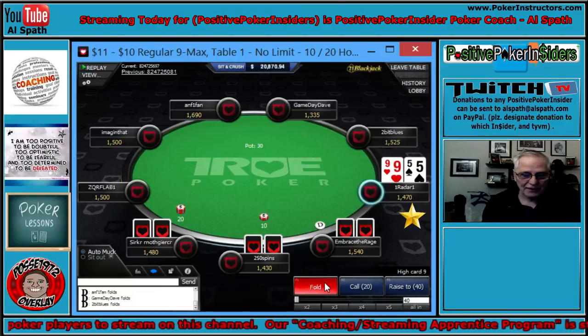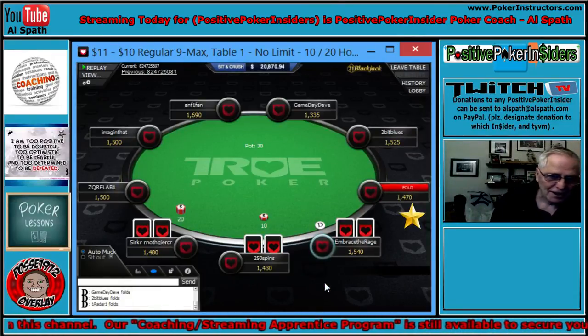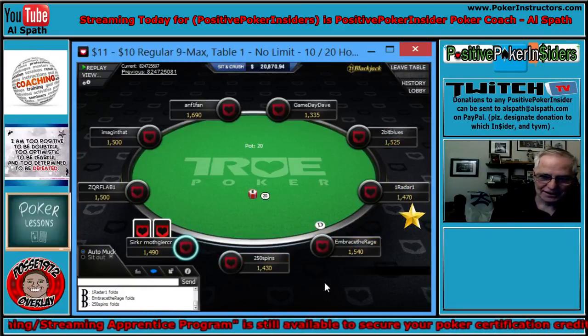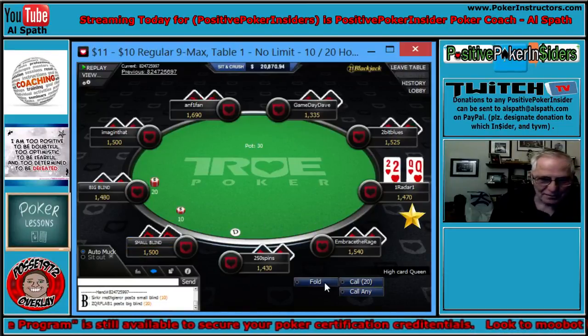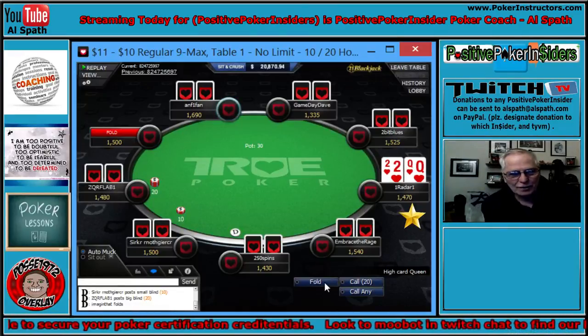They have a 9-5 in the cutoff, which is easily fold, even though I'm first in. I could have tried to steal, but you don't want to try to steal early in a tournament either. There's not enough money in the blinds, the 10 and the 20, for you to put in a $60. $60 is a lot of money, and you got crap for a hand, and one of those guys fires back